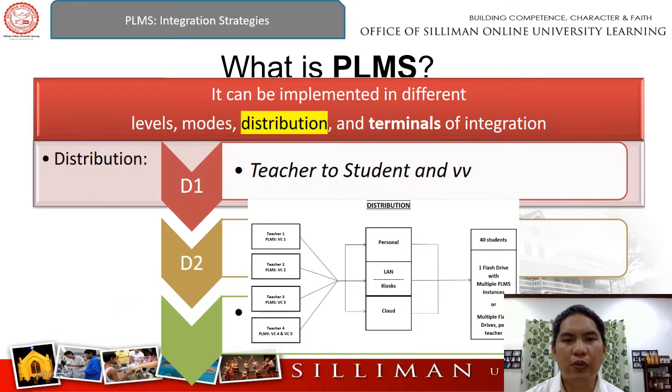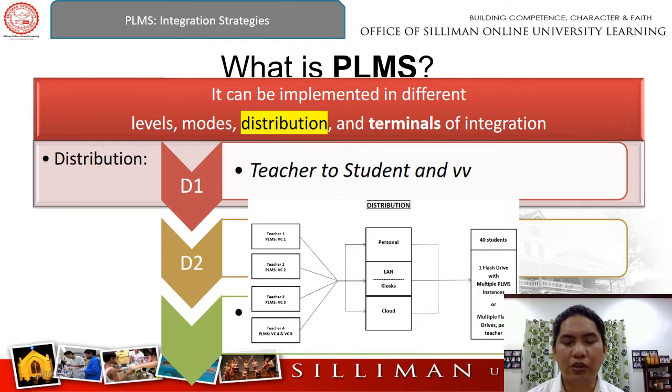So this time we discuss the different distribution options. So basically, it could be more straightforward for this one. The first is actually between the teacher and the student. If this is going to be on a one-on-one basis, you can just imagine the teacher giving the student the PLMS. Okay, and then the student eventually would give the PLMS copy to the teacher at the end of a particular period. And then the second is actually if there are multiple